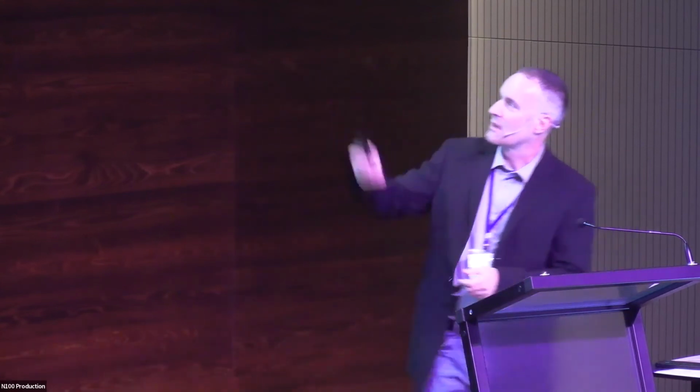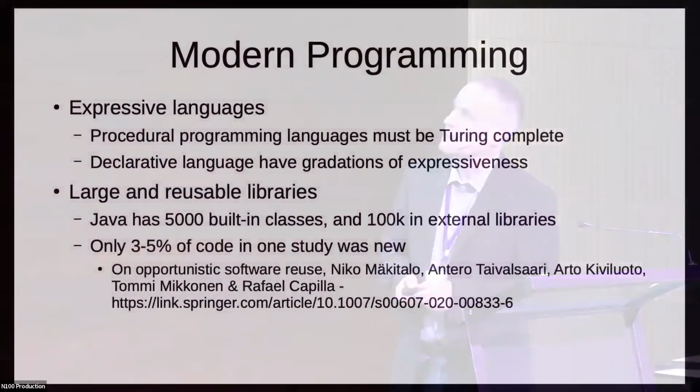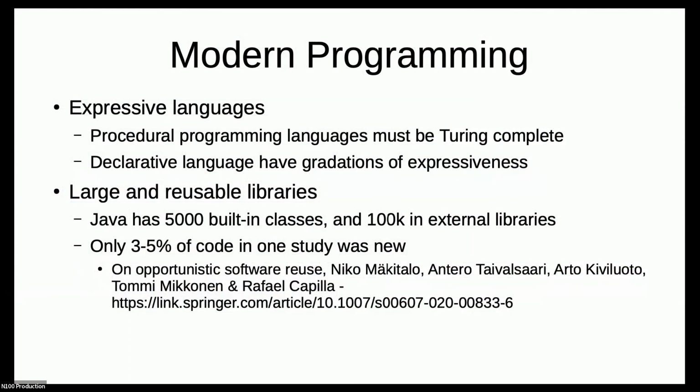Everybody just writes stuff from scratch for the most part. That is insane. We have to change that. Right, so here's just, I attempted to find some backup for these statistics. There are a number of different studies of how much code is reused. It seems to be around 3 to 5% is genuinely new, depending upon how you calculate it, for any sort